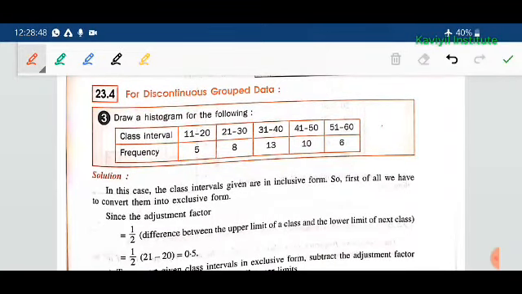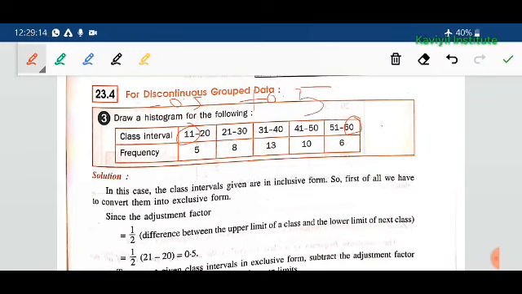Now 11 to 20. The lowest one is 11 and the highest one is 60. Now this is not a continuous group, right? 11 to 20, then 21 to 30, then 31 to 40. Which means this is an inclusive class interval, right? So what we can do is subtract 0.5 and add 0.5. So 11 to 20 we can write in this manner,